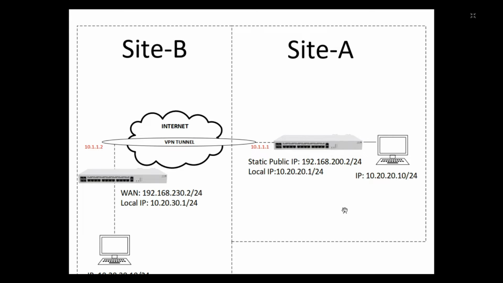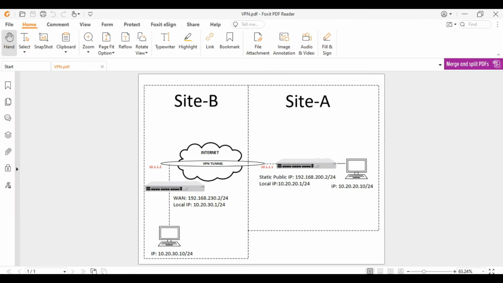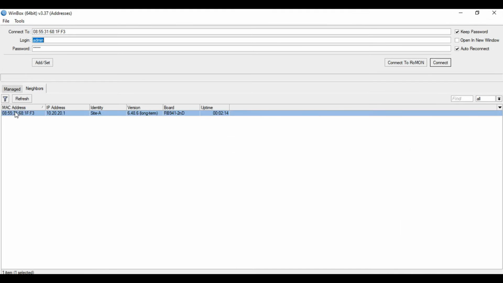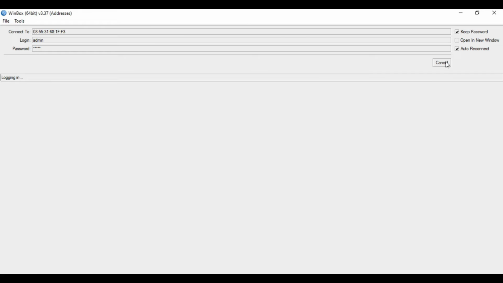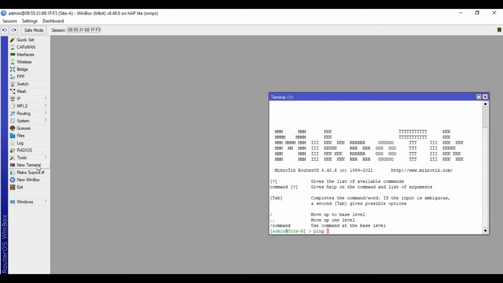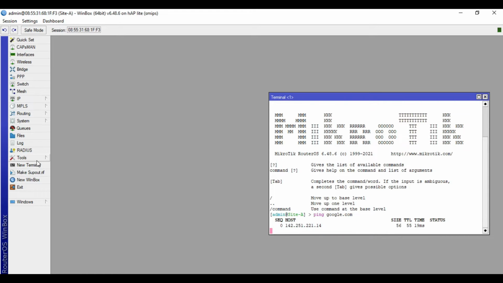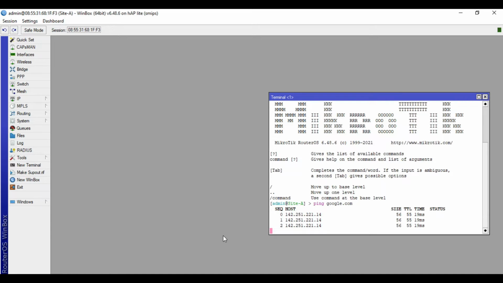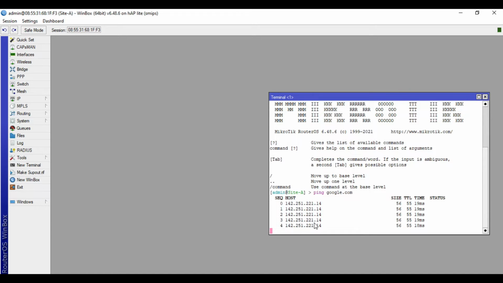We will access now the MikroTik device of each site and do a quick ping test. I'll access the MikroTik of site A. Alright, as what you can see, it's connected to the internet.